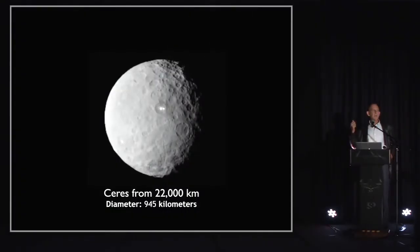But first, before going to these past technologies, I'd like to talk about a technology that is newly emerging now that's not classified, and related to our mission to Ceres recently, which is in the news. It's still going on. Ceres is a small body in the asteroid belt. It's 945 kilometers in diameter,